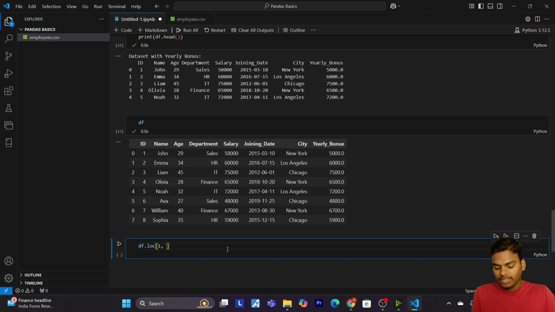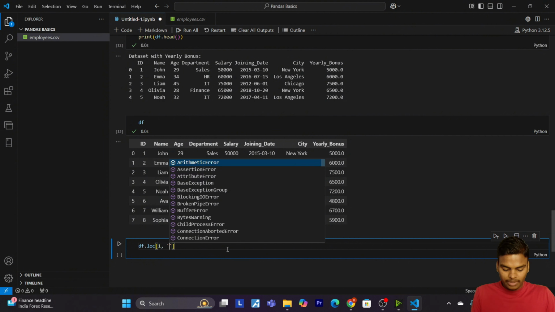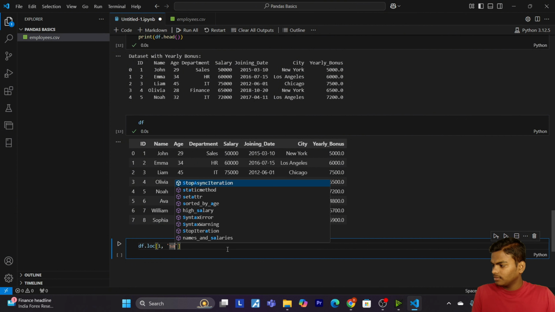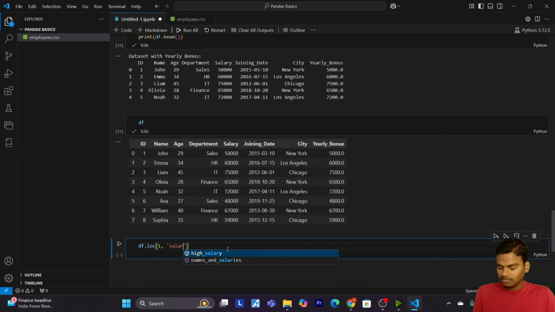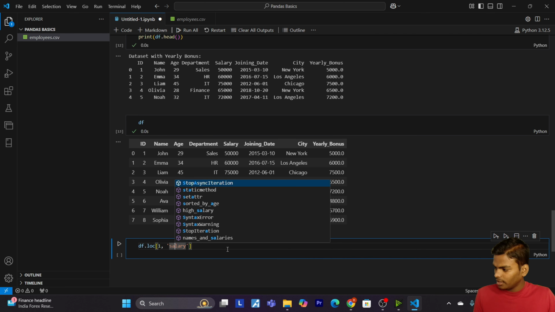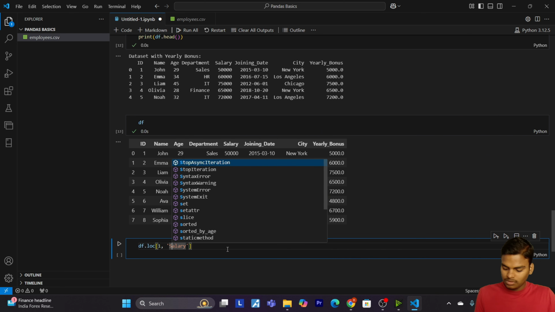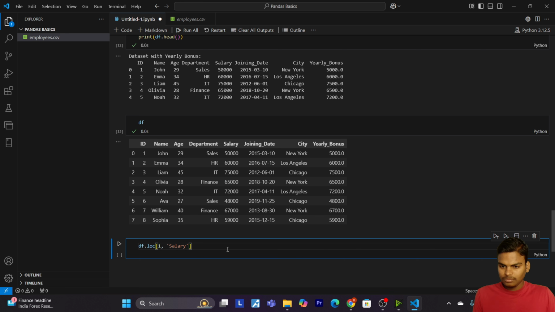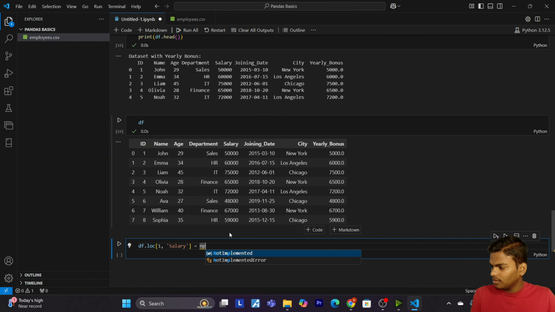I want to make a specific cell, 1, then I will pass salary. Salary equals np dot nan.